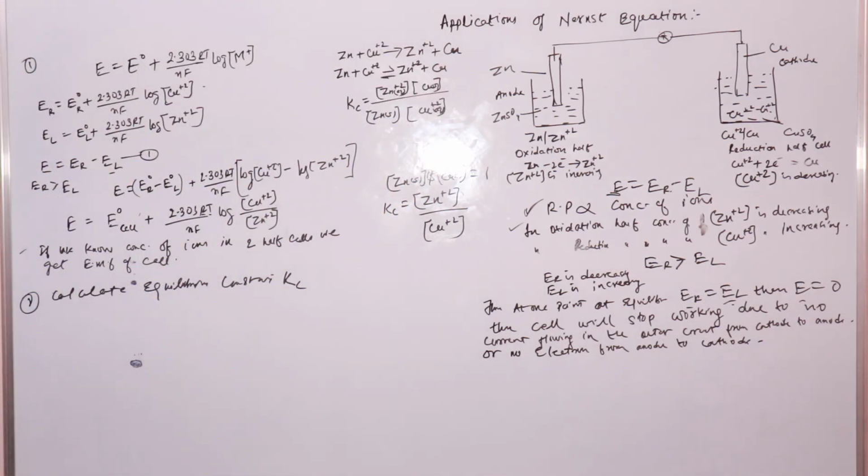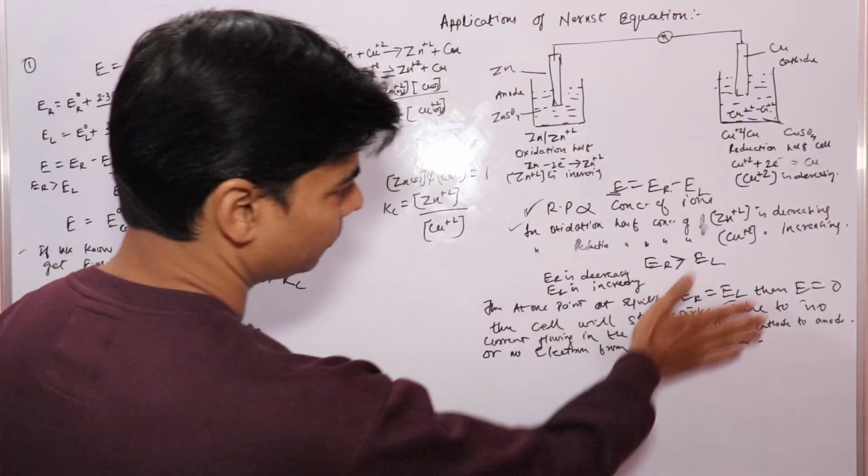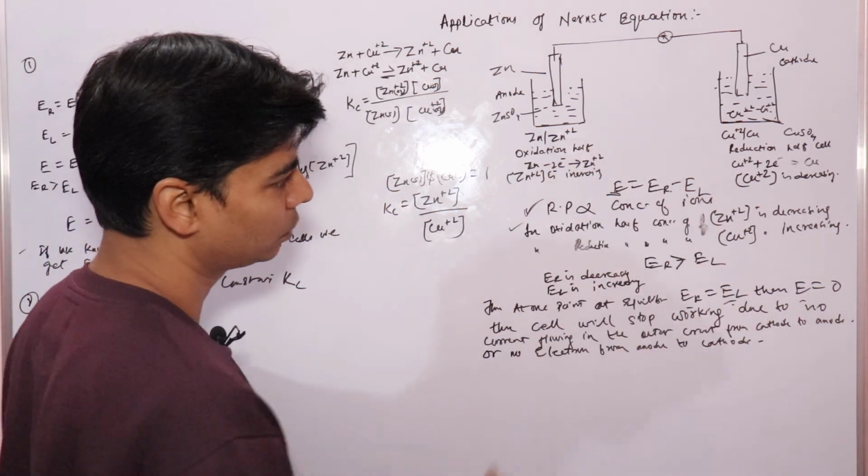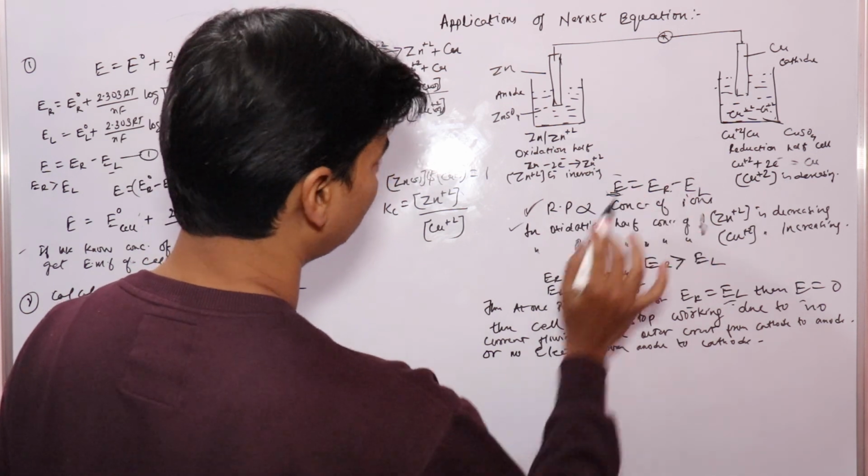So at equilibrium, with all this explanation, now we know that E is 0 at equilibrium,